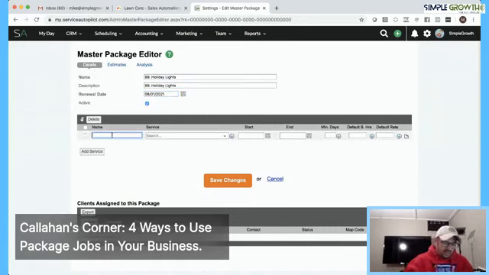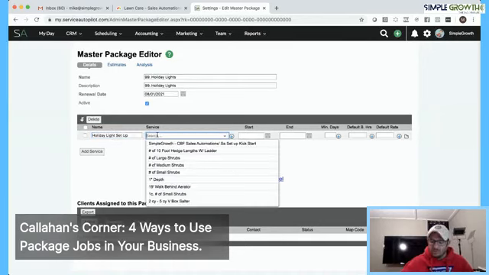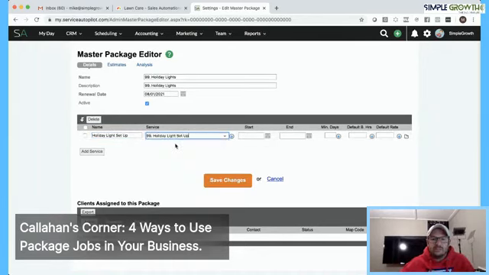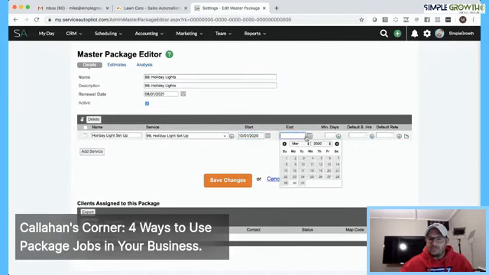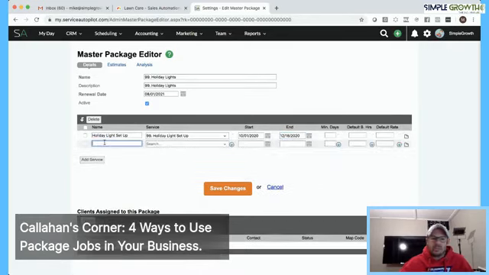So what we're going to do here is put holiday light setup, and we're going to go in and grab that holiday light setup. And our start time here, depending if people maybe prepay, but we don't turn them on, but we put them up earlier, could be as early as October 1st. And the latest maybe right before Christmas. So we're going to go in and put it maybe around the 19th to the 18th, depending how it's falling on that season. So that's the ideal range, the latest we can go. Now we're going to go in and put our holiday light